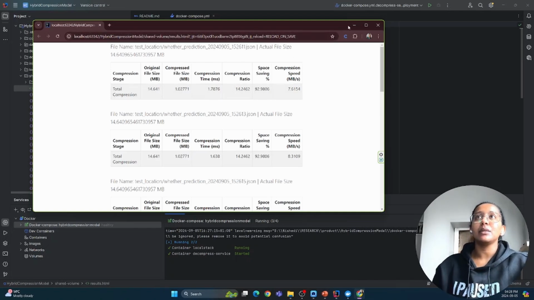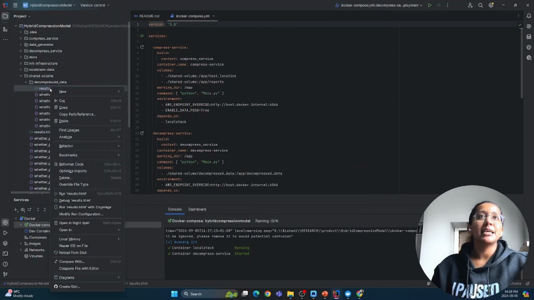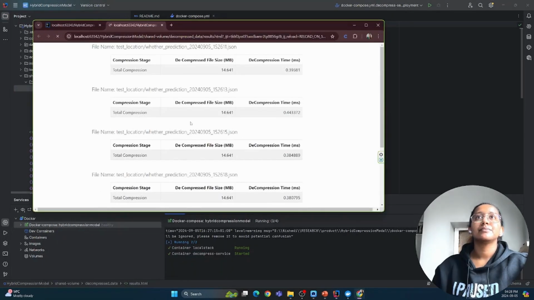So we'll see the decompression performance as well. The decompressed file size is also obtained as 14.6 megabytes, and it only used 0.39 seconds to complete the decompression by this new compression model.